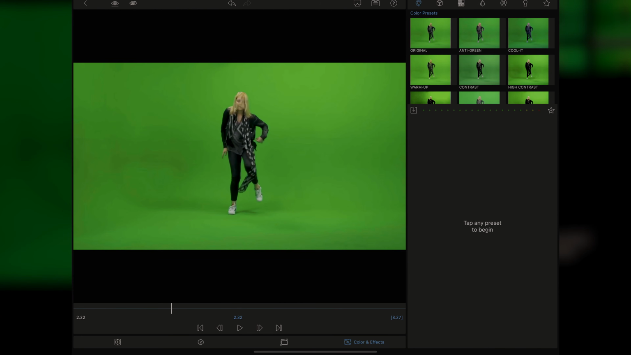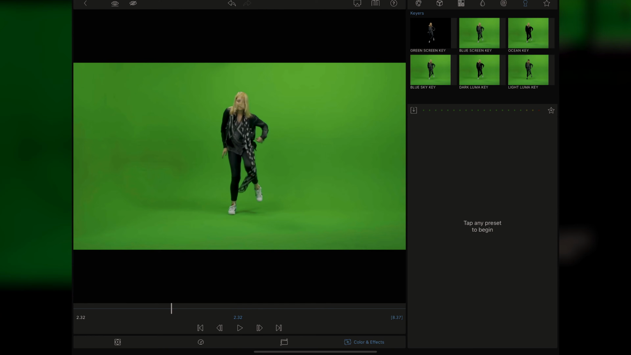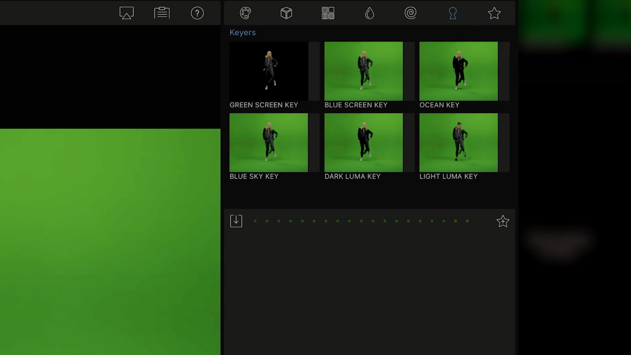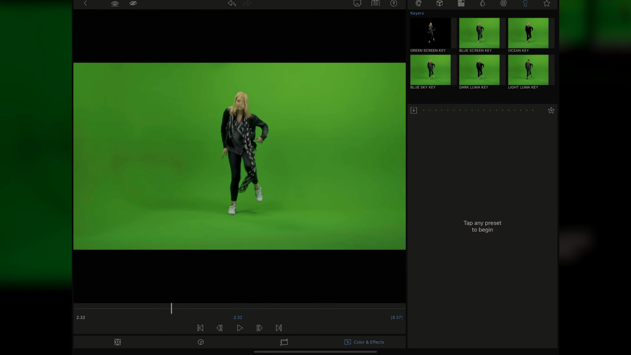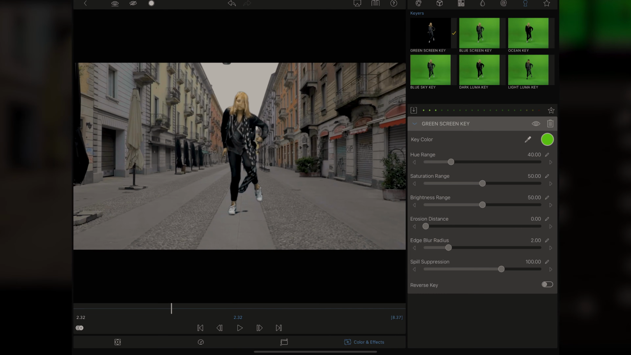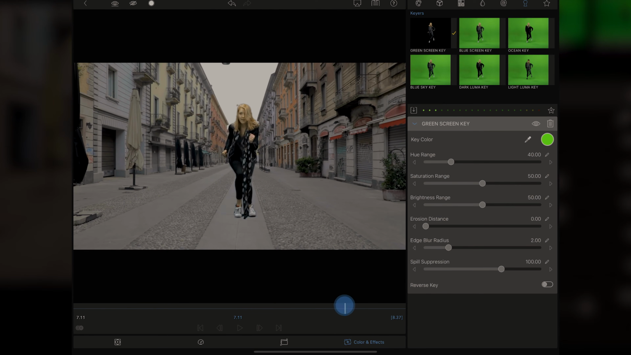And now I can go up to the color and effects tab over on the far right. That is this little keyhole. And if I tap on that, you can see that there are a bunch of options there. But let's just see what this green screen key does, exactly how it is. I've not changed any adjustments. I tap on that, and that is a pretty good key, if you ask me, as far as just dropping